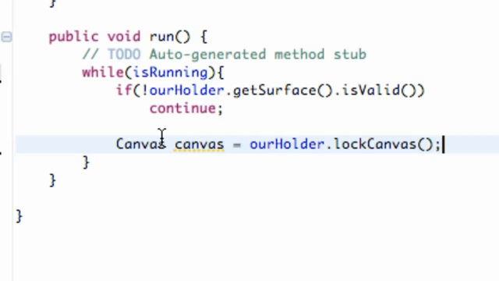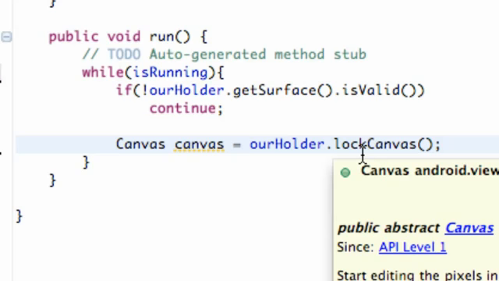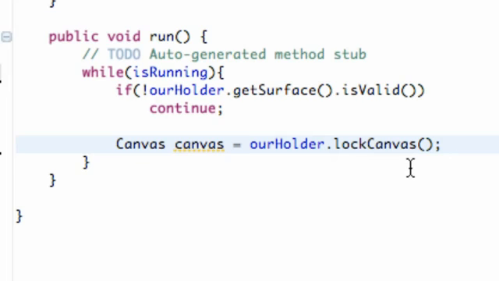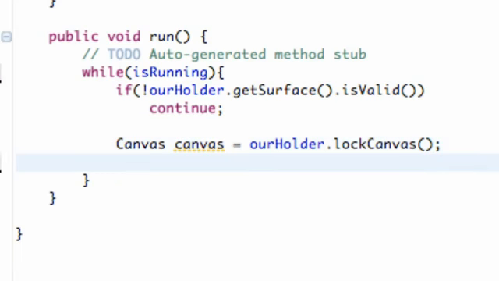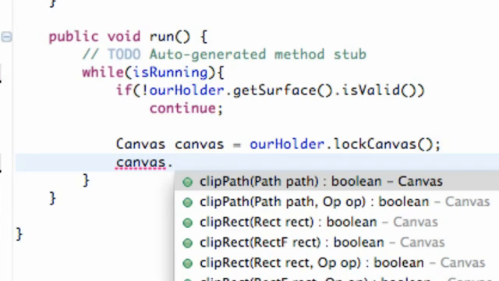Basically what's happening is we have this masterpiece, this great idea, and we want to paint it. So we're going to lock our door, paint on our canvas, and then unlock our door and show the whole world what we came up with. That's basically what we're doing within this loop. We're locking the canvas so no other classes, no other activities, and no other threads can access it. That's the point of locking it. Once it's locked, this is where we're going to start drawing on it. So we're going to say canvas dot draw